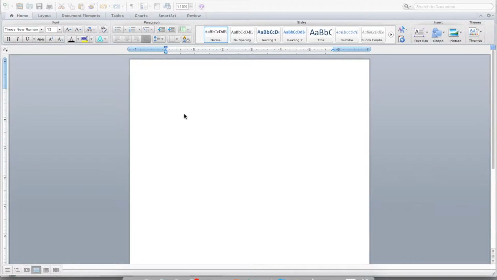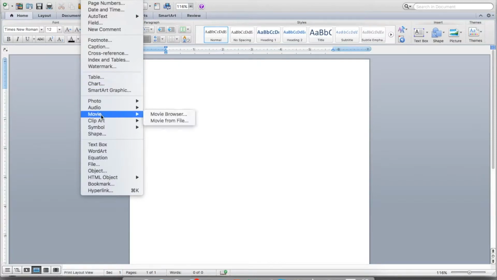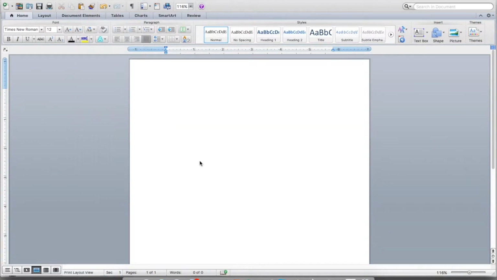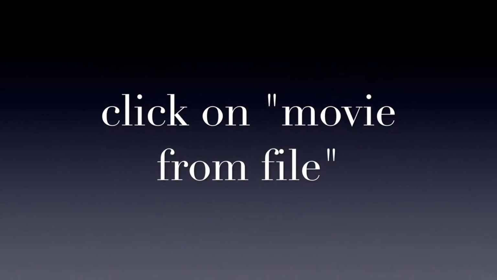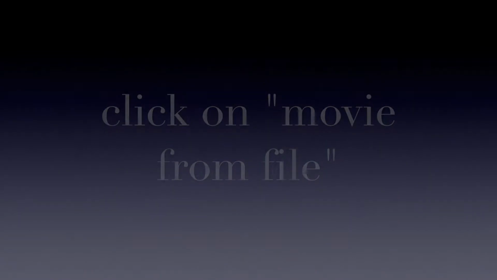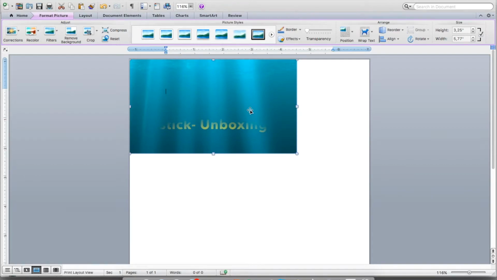Now I will tell you how to insert a video clip or audio clip in a Word file. So now I have opened the Word file. I'm clicking Insert, Movie from file. You can click on Movie from file, choose, so that this movie file we can insert in the